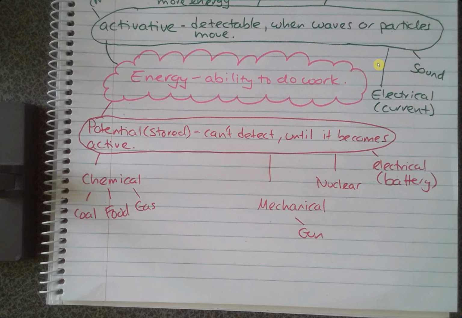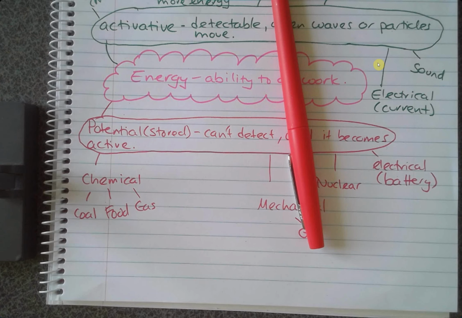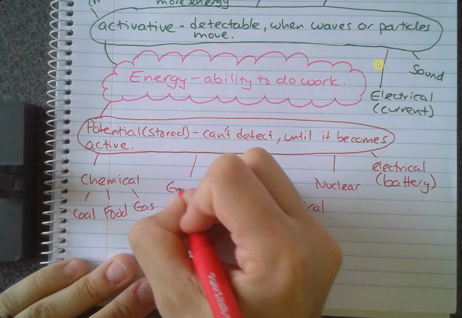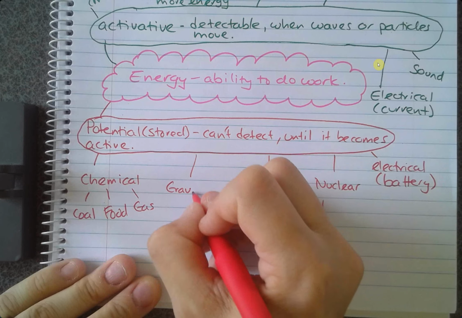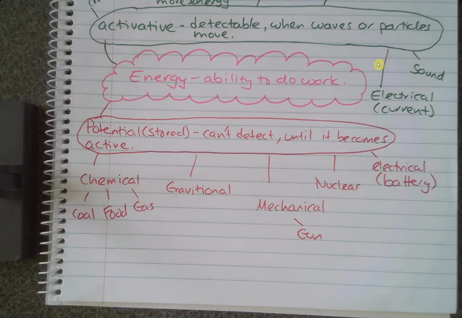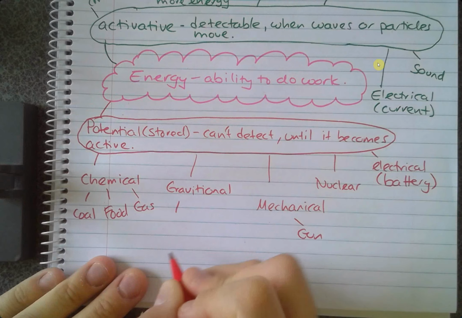All right, there's one more that we haven't talked about, but we talked about a lot when we were doing forces in motion. So, what happens with this glue stick if I let it go? It falls to the ground. So what's one last energy? Gravitational. With gravitational, do you think the higher it is, it's going to have more energy, or the lower it is? Higher. So we'll add that. Higher, more energy.